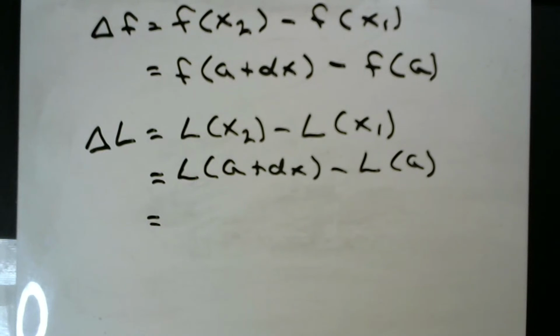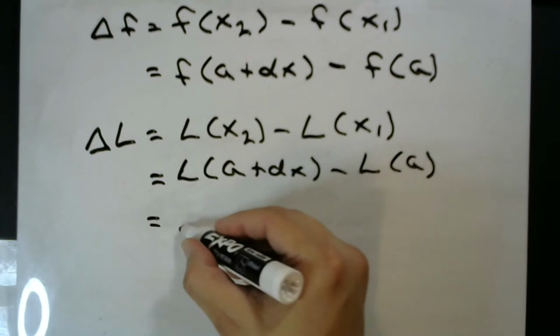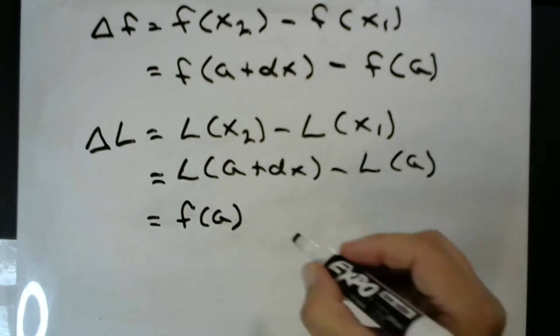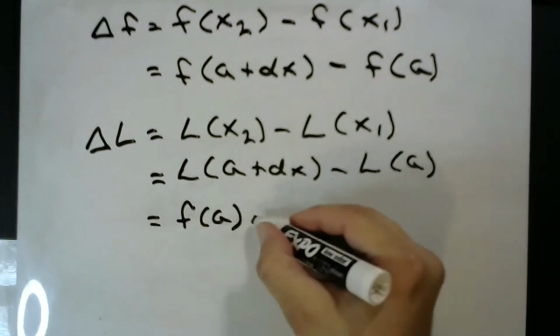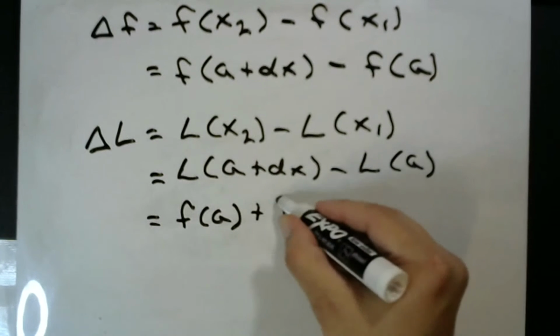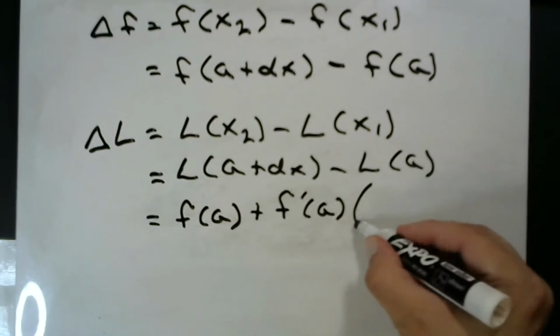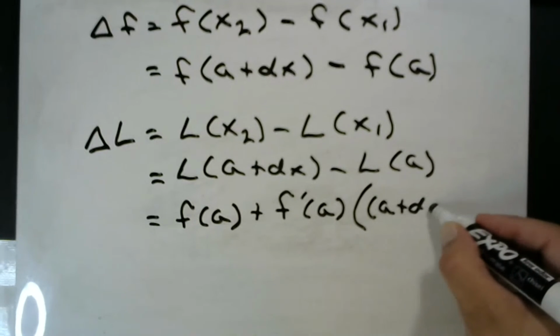So L of a plus dx, well, it's going to be f of a plus f prime of a times, and this is where we make the substitution, a plus dx